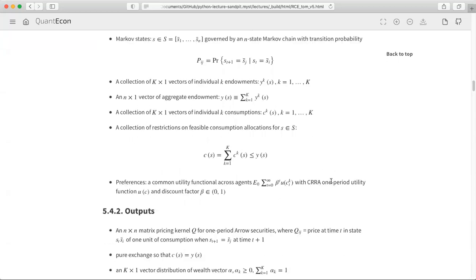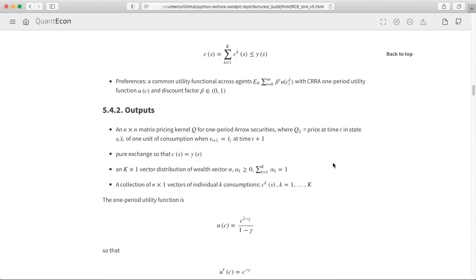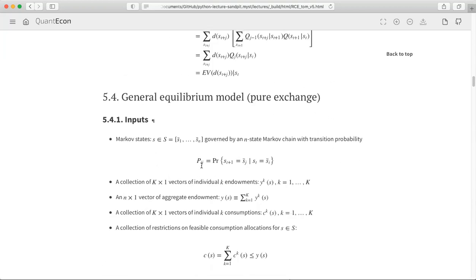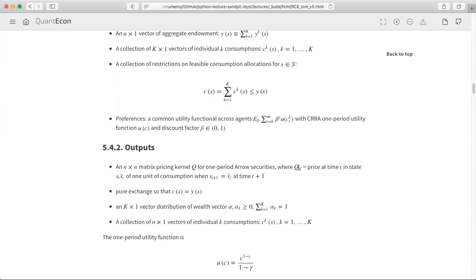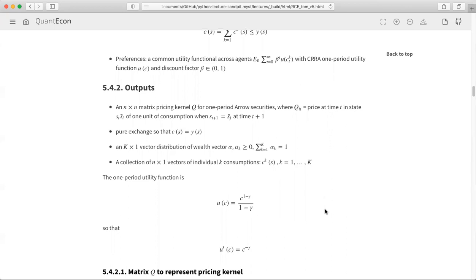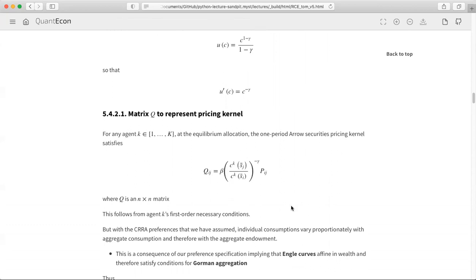And we're going to go for a competitive equilibrium. So, competitive equilibrium: things we want to compute with these inputs, we want to take these inputs, and as outputs, we want to get Arrow securities prices. We want to get a consumption allocation. We want to get a distribution of wealth. And because we make life easy on ourselves, we assume this power utility function. Okay, then we got